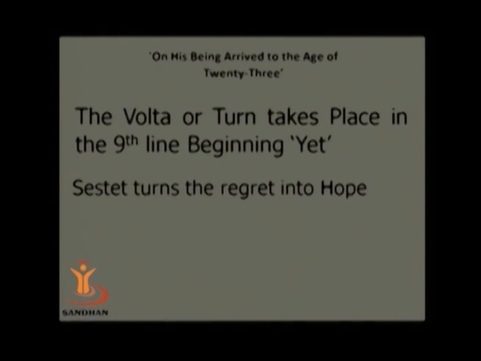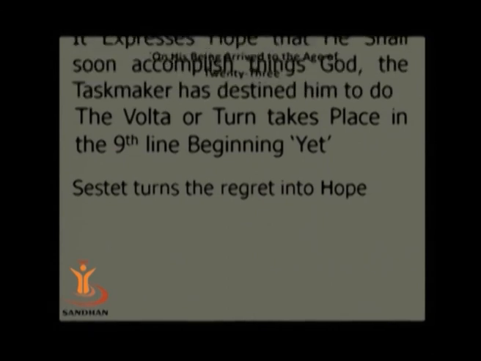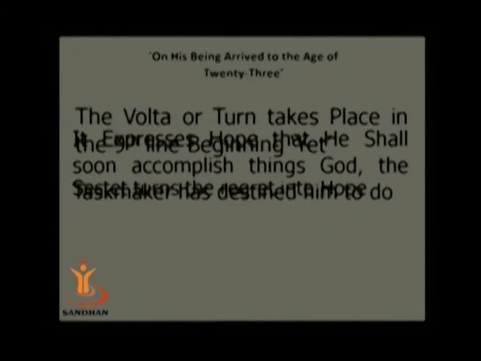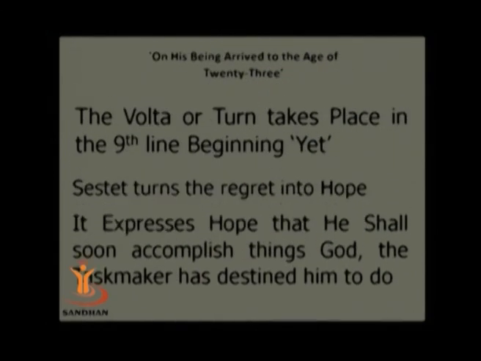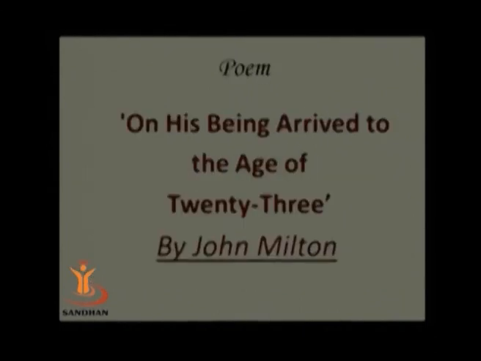The sestet turns the regret into hope. There is hope towards the end because he believes in God and in providence and in fate. It expresses hope that he shall soon accomplish things God, the taskmaster, has destined him to do. So whatever God has destined him to do, he will do. Whatever he is sent here to achieve, he will achieve. So the poem,